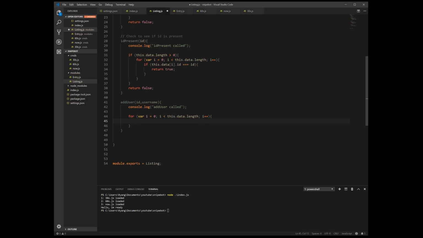And so every rotation in our loop, we want to check if the ID from inside the data array is equal to the ID the user wrote. So if the user wrote an ID that's already present, we don't want to create a new ID. We just want to push its username inside the array so that we only save the username with the new ID.